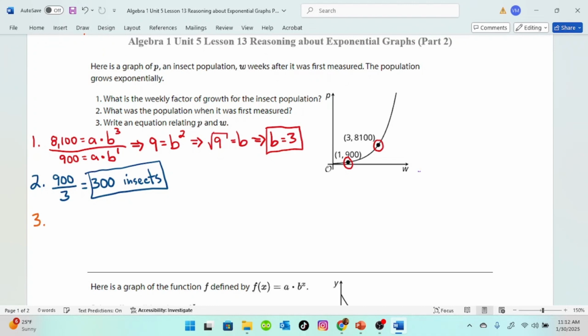And number 3, write an equation relating P and W. Well, P is going to equal the initial amount, which we said in number 2 was 300 insects, times the growth factor, which we said in number 1 was 3, to the power of the input, which is W. Now, if you told me the number of weeks, I could take 3 to the power of the number of weeks, multiply it by the initial population of 300 insects, and it would tell me what the population was at